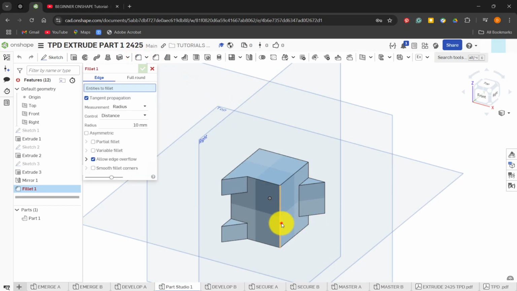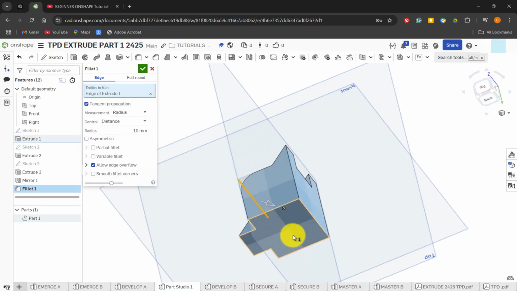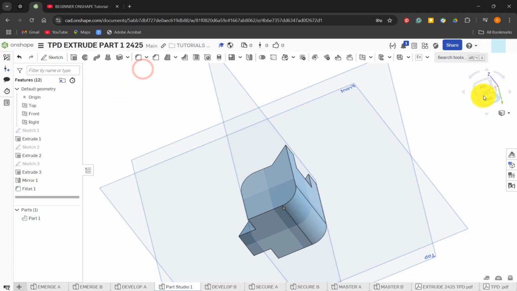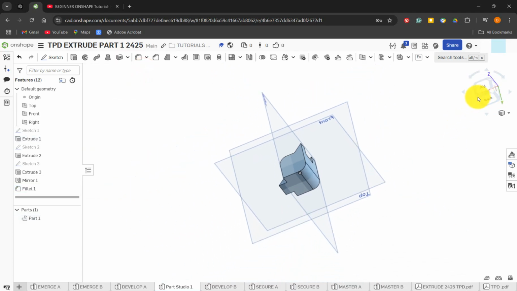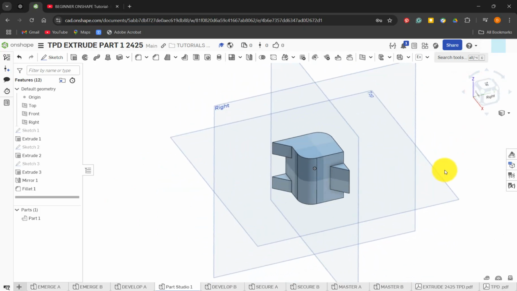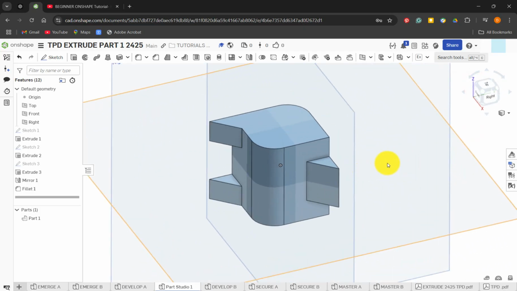So click on that edge there, spin it around, so I'm using my right mouse button, and I've got 10mm, and that's it, done. So if I just zoom out, use my mouse wheel, I've then created that shape with those two fillets. Another way of doing it, so I can either delete that or just drag that back in time, is to